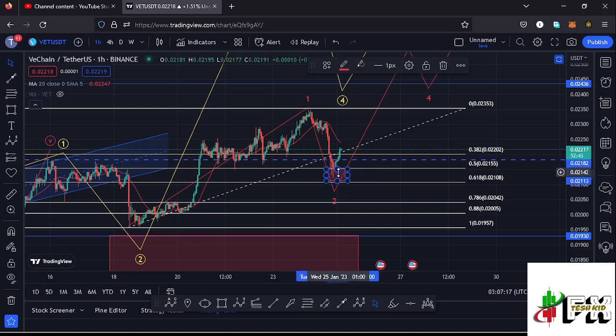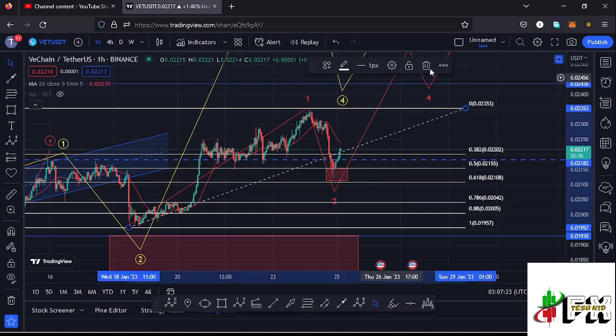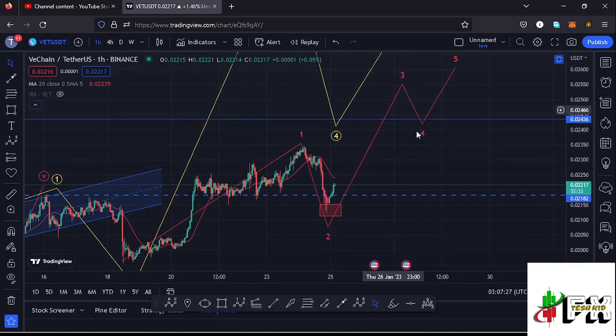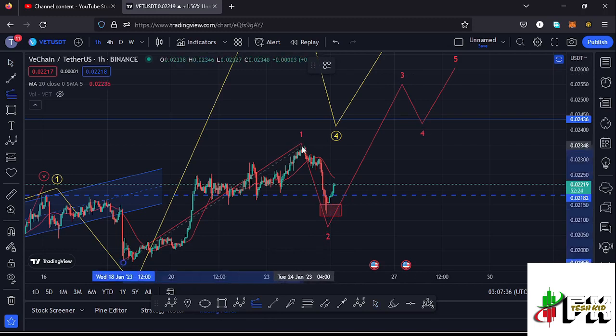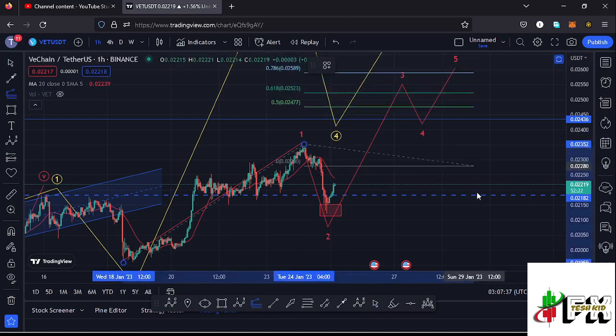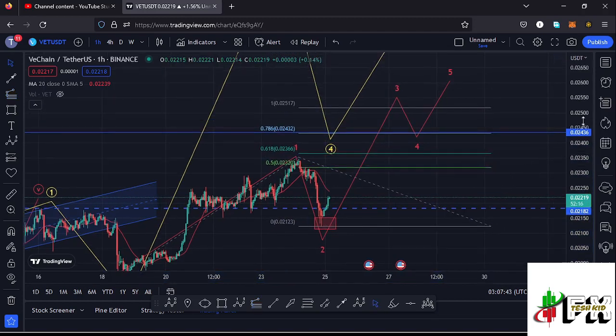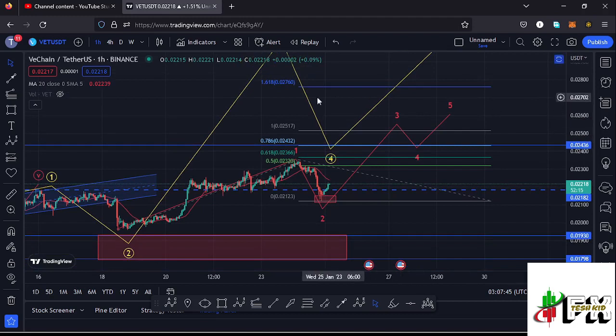And after retracing back to the fib level 0.5 and the fib level 0.618, we are seeing a very nice reaction to the upside in what could be the start of this wave 3 to the upside in red, and sketching out a minimum target area to the upside in the formation of this wave 3 by connecting the trend based Fibonacci from the low of the first wave to the high of that wave 1, then dragging the fibs to the low of the second wave. That gives me a minimum target area to the upside in the formation of that wave 3 at the fib level 1.618, which perfectly lies at around the